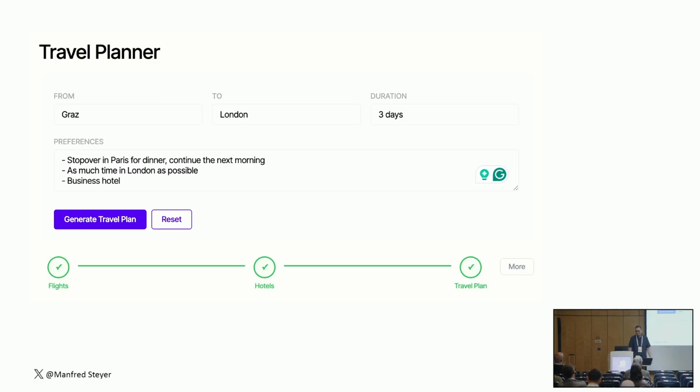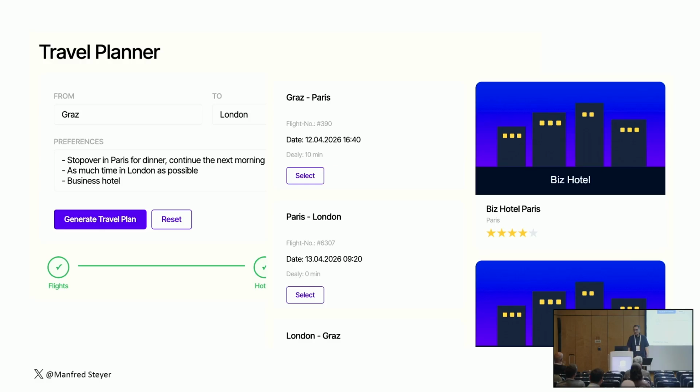It's a good idea, isn't it? And here we see it's not only my free text preferences, it's also an entire process to get to my goal, a process that runs in the background and that sooner or later tells me, well, this here would be a nice travel plan fitting your requirements.